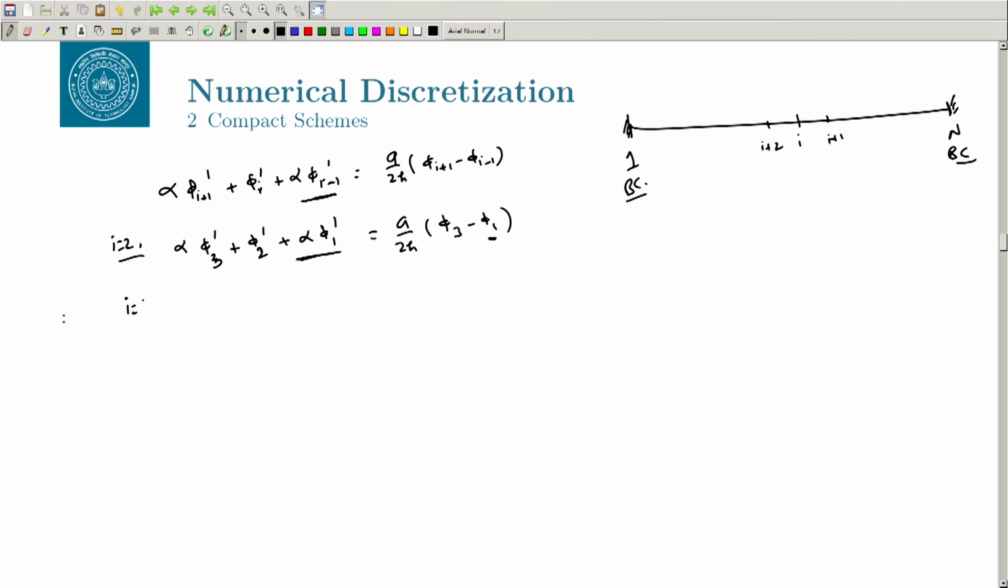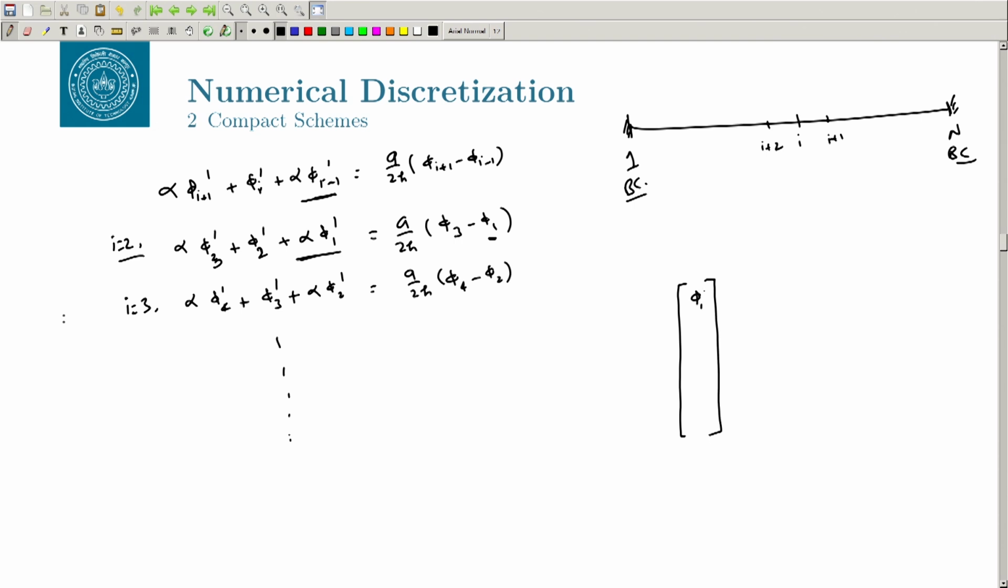Okay, let us say if you do i equal to 3, then this will be alpha phi 4 prime plus phi 3 prime plus alpha phi 2 prime will be a by 2h (phi 4 minus phi 2), right. So, similarly you can go on, okay, till the point of n minus 1, right. So, you can write it as a system. So, we are solving for phi 2 prime, phi 3 prime, phi 4 prime and so on and so forth, which will be basically a by 2h,